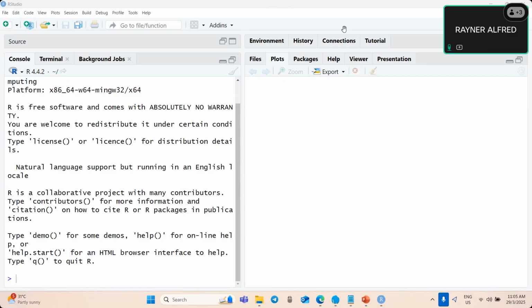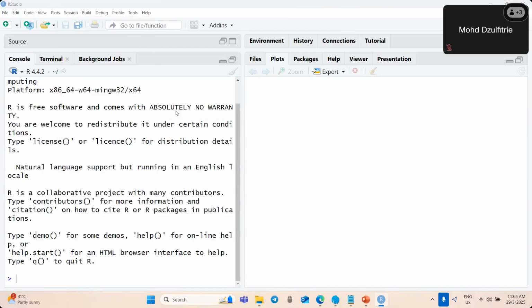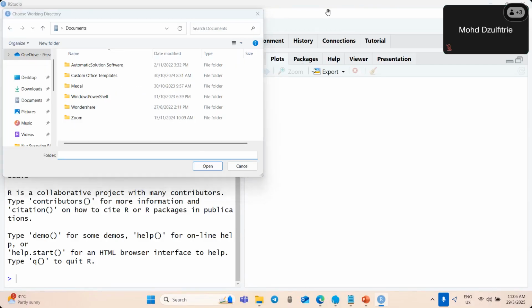Okay, can you see my screen with the RStudio? Oh, okay, sir. Yeah, just lost it. Okay, so